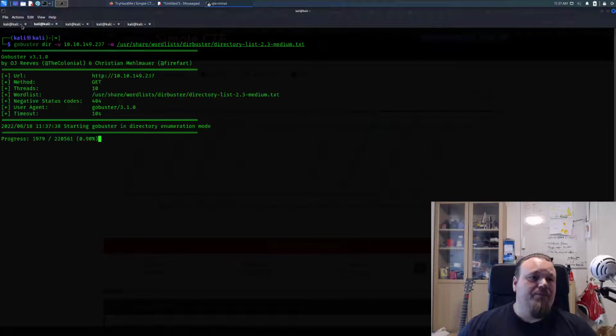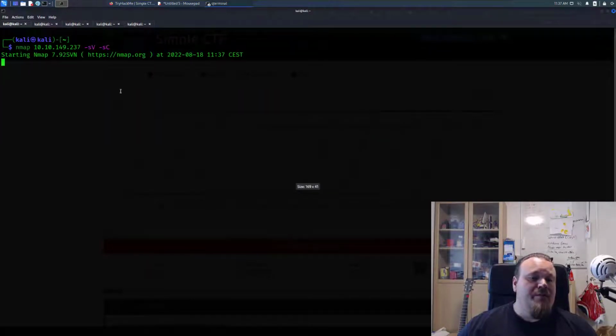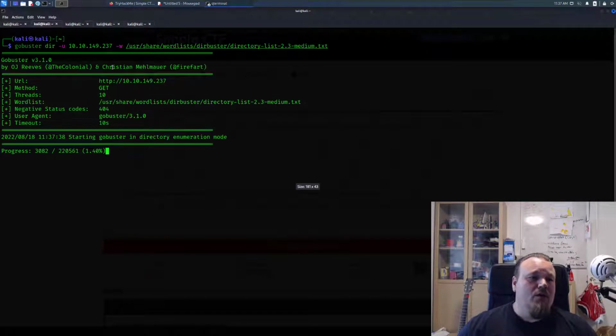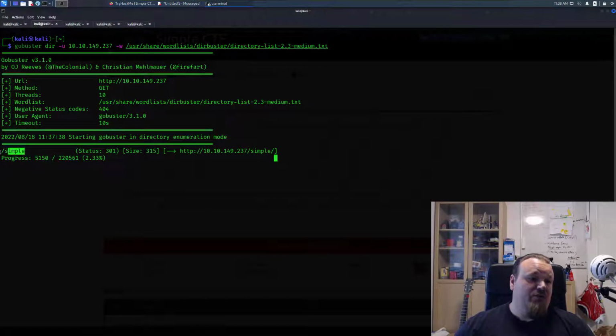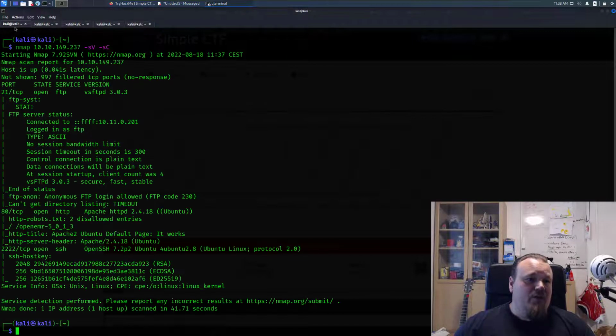Alright. So the nmap scan is still running. GoBuster is still running. It's not certain that we find anything in particular just doing this, but we found something called simple. So going back to the nmap scan, we see that we have 1, 2, 3 ports open. The very first one is an FTP server, and we see that anonymous is allowed. So let's go ahead and just go to